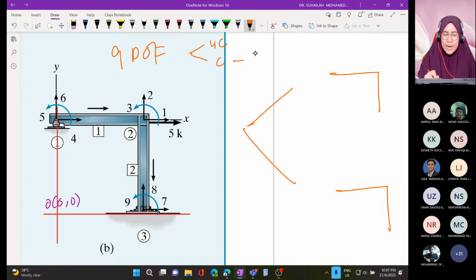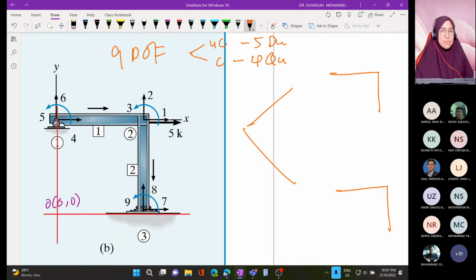One at node number 1, 3 at node number 3. So 4 unknown reactions. So the remaining is 5 unknown displacements. We cannot solve the unknown displacement values yet, but we still can produce